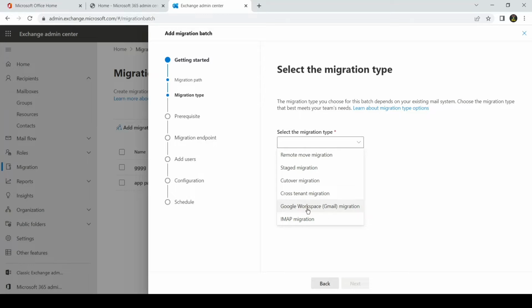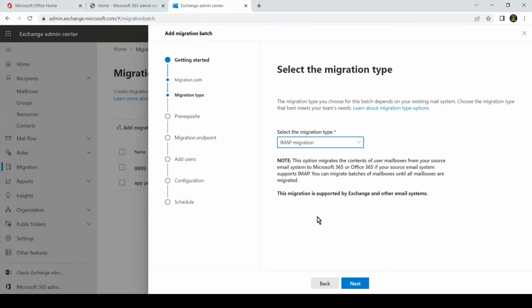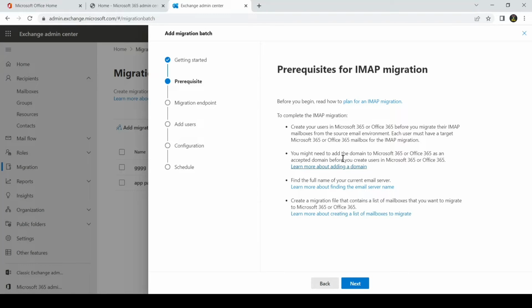You can also use Google Workspace migration. It does migrate everything including calendar, contacts and tasks, but it does require some API configuration to initiate the migration. We'll talk about that in a different video. For now we'll focus on IMAP migration, which can be done from any IMAP server and only emails get migrated. So we'll click on IMAP migration here, then we will hit next,